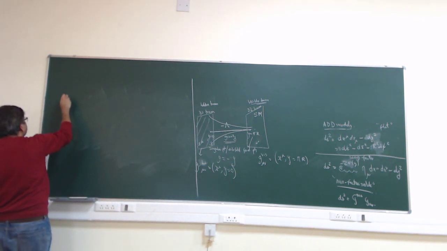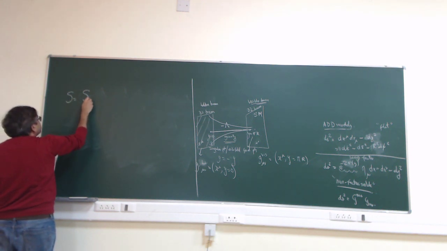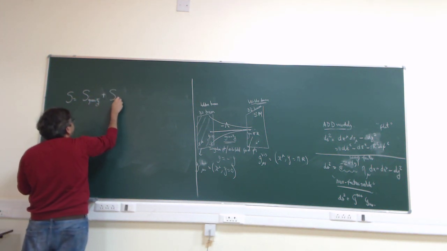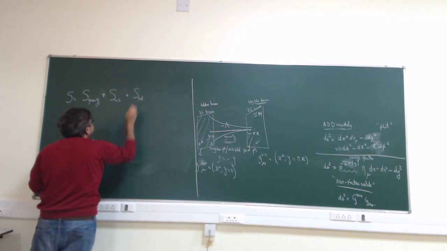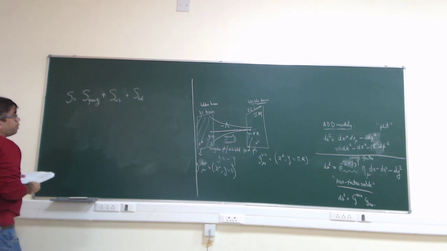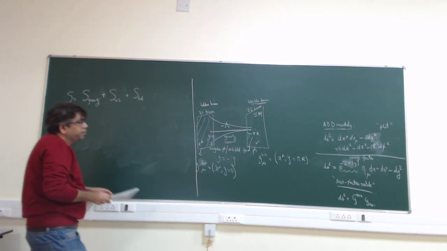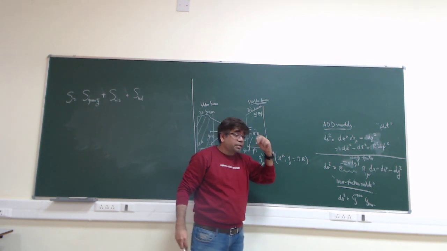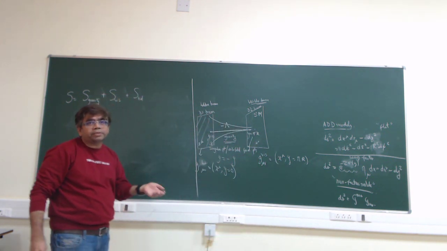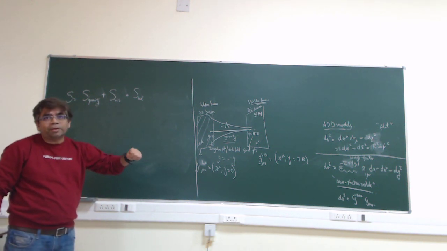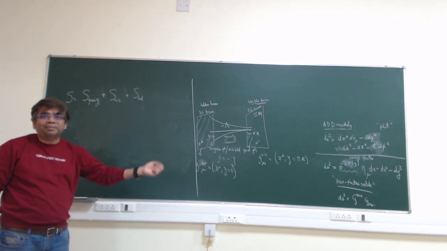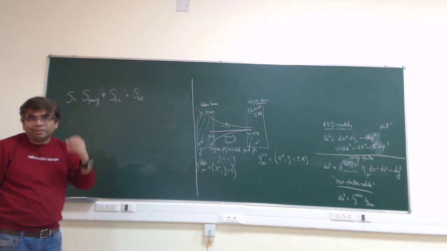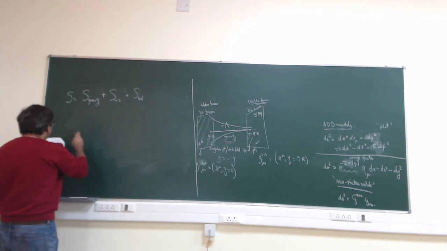So let's write down the action. The action is S gravity, which is essentially the bulk action, plus the brane actions: S visible plus S hidden. Now the claim is that this metric is a solution of the equations of motion of this action. From this action you get Einstein's equations, and from those you should get this metric. But normally we do the reverse: you take this metric, compute all the connections, and show that it satisfies Einstein's equations. So the geometry one constructs is essentially S gravity